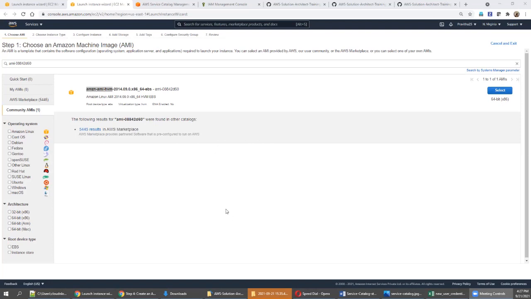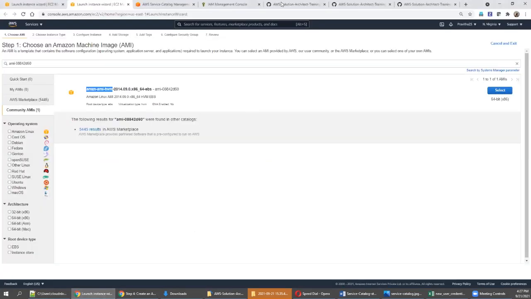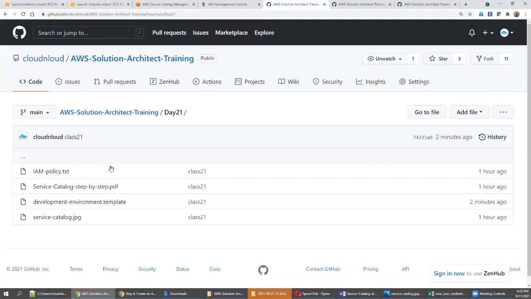Hi. So there is an error while provisioning the Service Catalog product. During the troubleshooting, you need to understand one thing. There is a template we are uploading, right? In the template, they keep on changing the image ID. So whenever you face such a problem, make sure which region you are working in. I attached this template in the GitHub. There is a file. So better you upload this, and I'm in Ohio region. So first go with Ohio region, all the steps, and use this template upload.